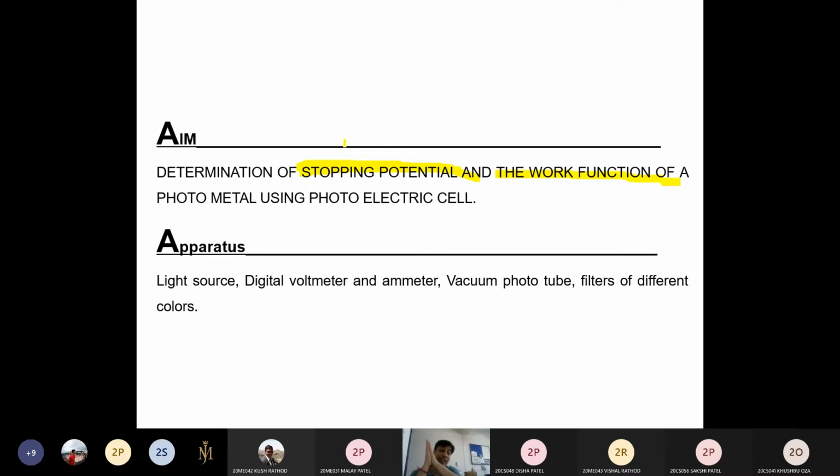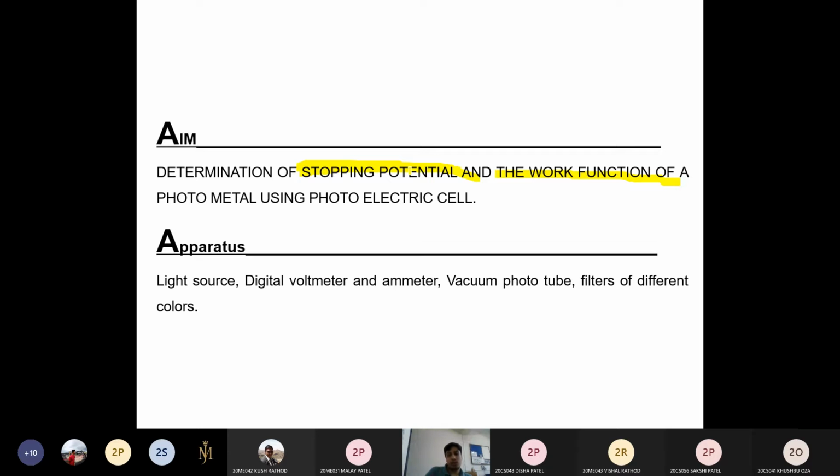So what do I need to do? I need to do something so that these photons, these electrons that are passing, do not pass. And that is basically considered as the stopping potential. That means you need to apply potential difference in the opposite direction in order to get zero current, because even without applying potential difference you are getting some current.